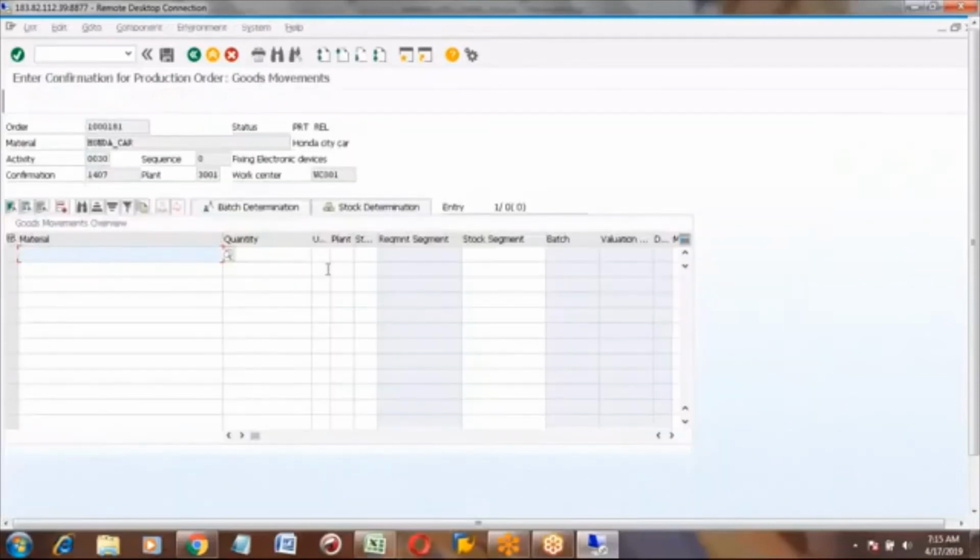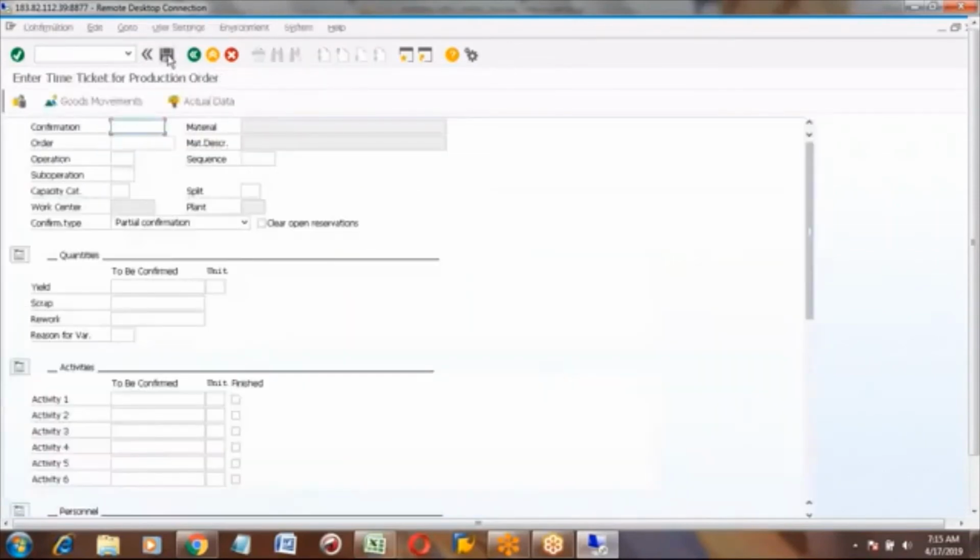Now the second operation is over. Now I am doing the third operation. Enter, click on actual data and goods movements. The third operation also has no goods movements. Save it. Now I am going to the fourth operation, the last operation.